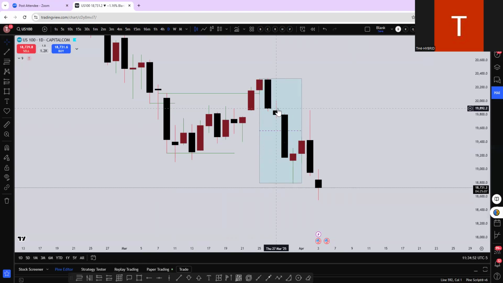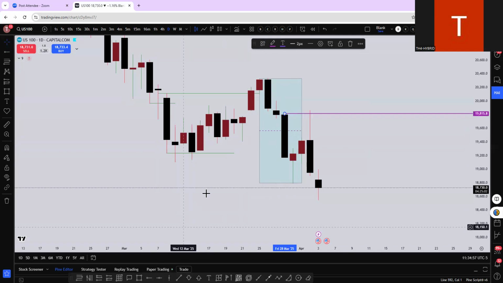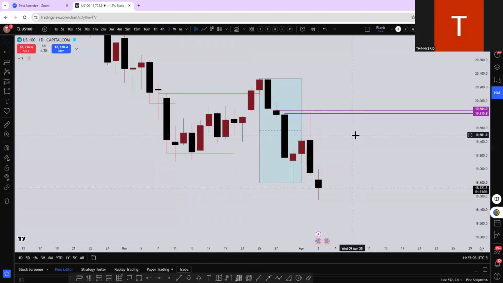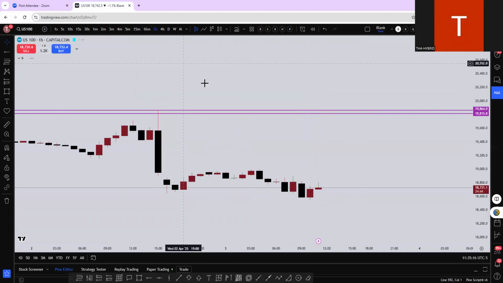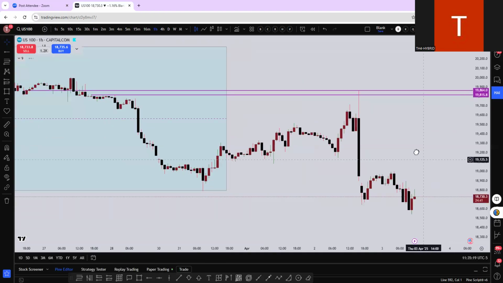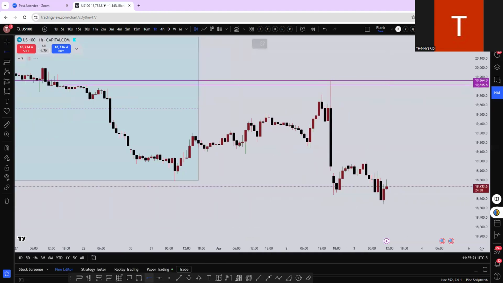But we still want to know what key levels are up here to then tell us, are we going to continue buying or are we going to continue selling? The way we trade here gives us our bias. Once this candle closes, we're continuing bearish order flow. So when we go down time frames, we're going to use